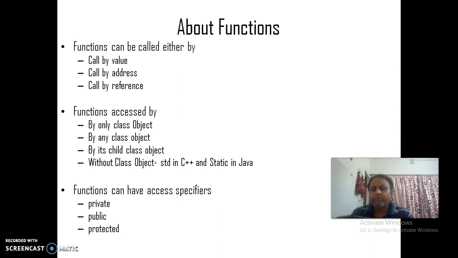If we do not want to allow another class to access the function, it can be declared as private. If we want every other class object to access the function of my class, it can be declared as public. If we want only the child class to be able to access the method, it can be declared as protected.